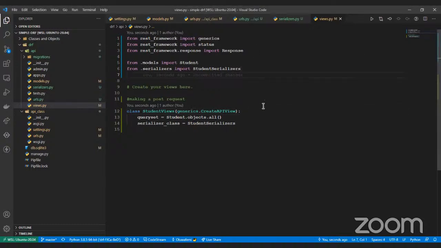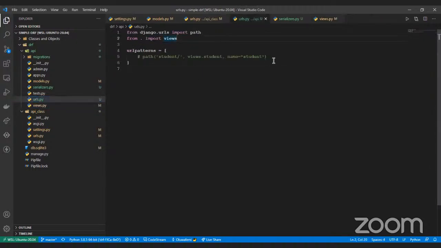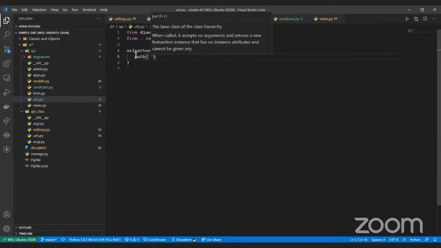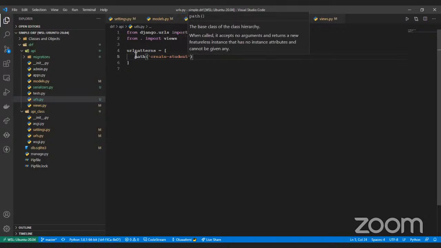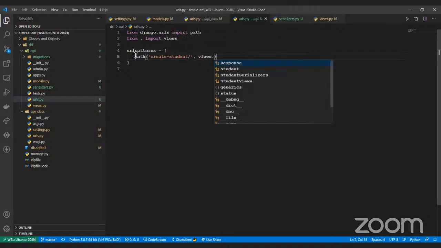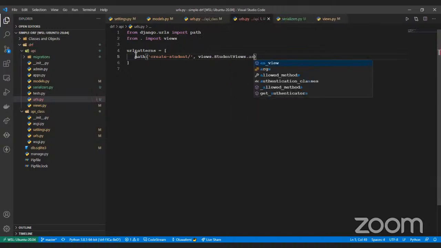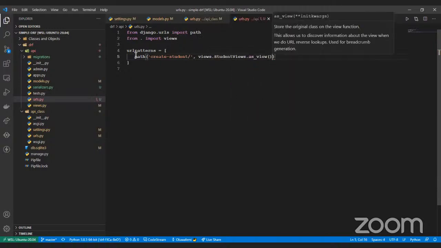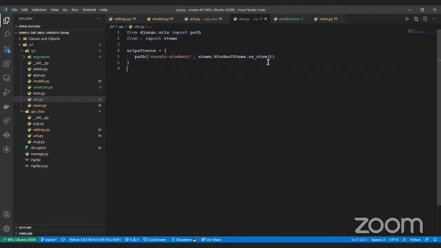Now we need to map it with the URLs in here. So I commented this out the other time. Let's just say path now is create student. Let's just call that create student, and then say views dot StudentView dot as_view, right? So what that does is store, as you can see, it stores